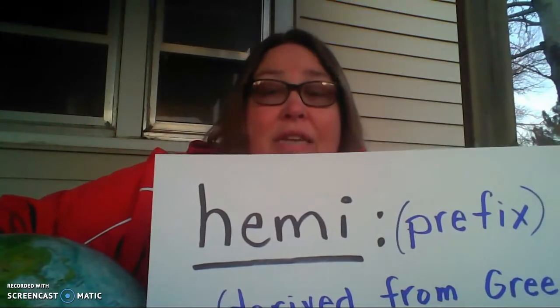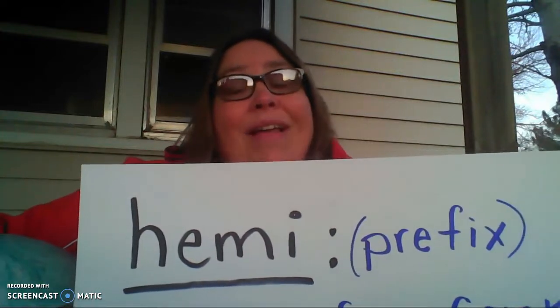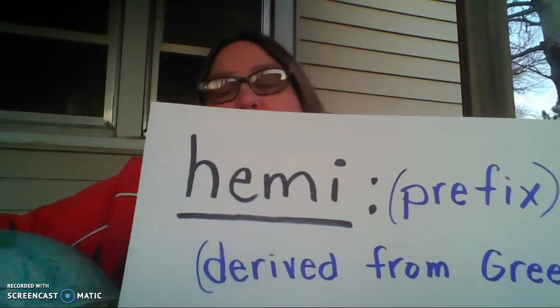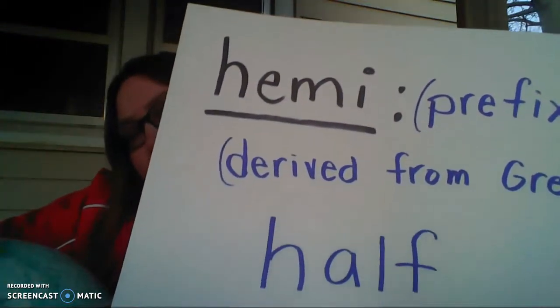In order to understand the seasons, you also have to understand the word hemisphere. The prefix for hemisphere is hemi, and it is derived from the Greek language and means half. So, we know from math that a sphere is anything that's the shape of a ball, so I need all my children to pay attention. Hemisphere means half of a sphere. So, the Earth is broken up into the northern hemisphere and the southern hemisphere.